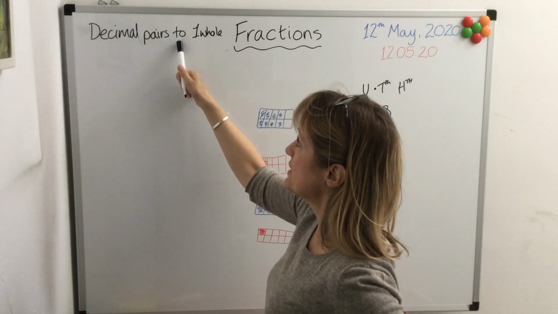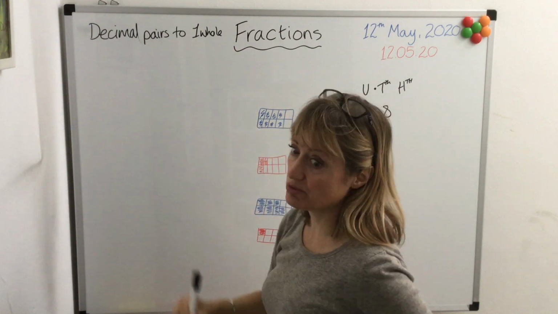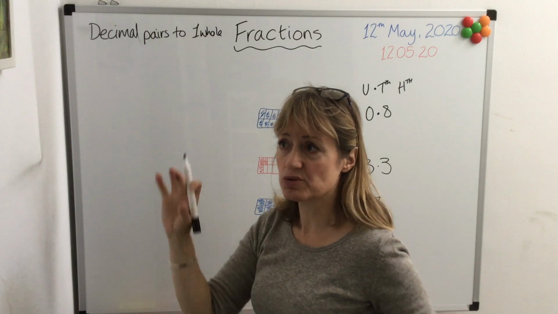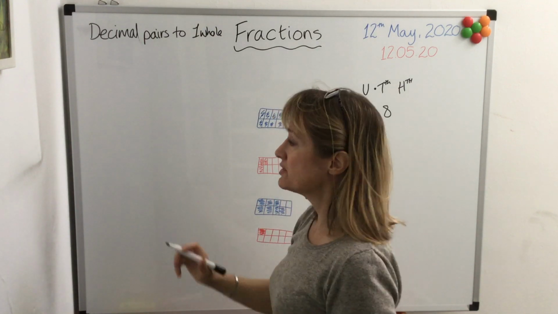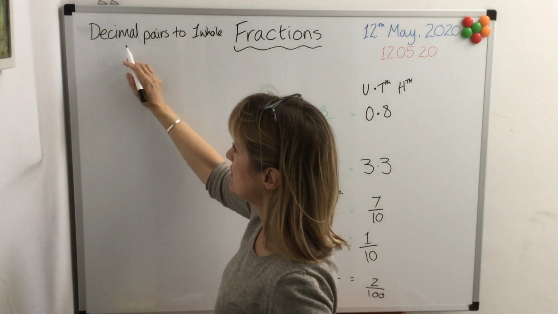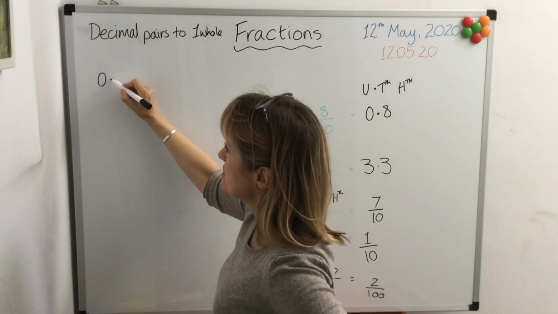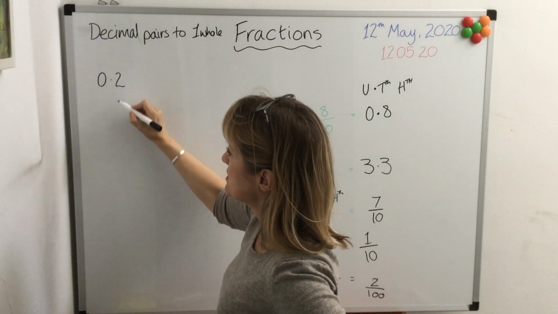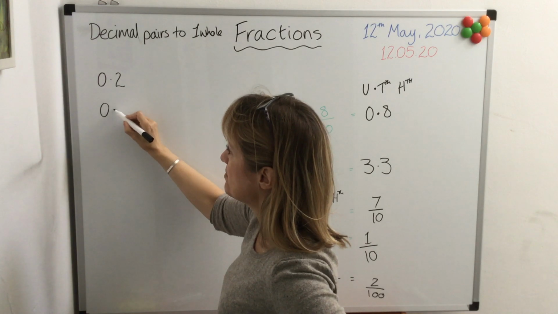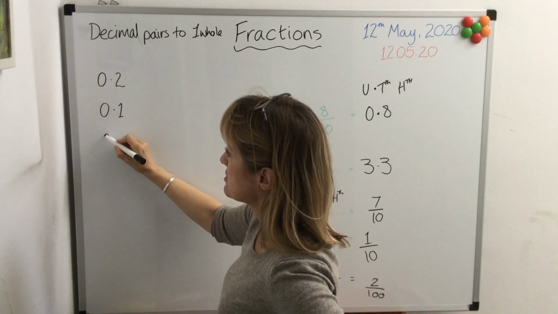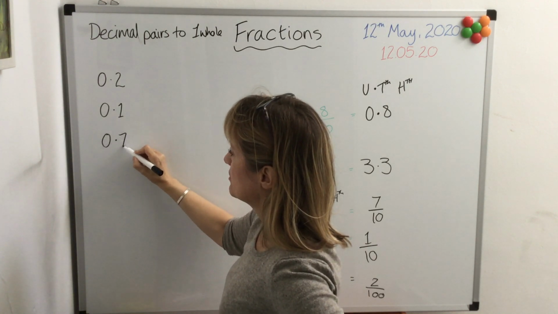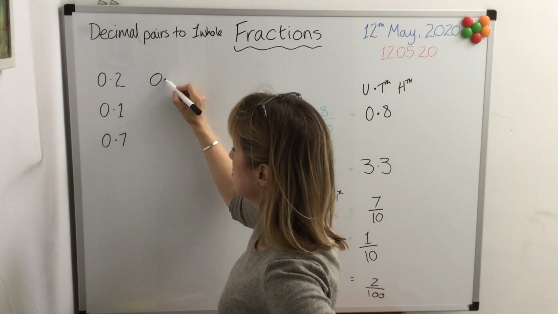Okay, we're going to look at the pairs, and you had a go at this yesterday. Some people were hugely successful and other people just found pairs that were the same. That's not what this is about. So if we think about, I'm going to give you some decimal numbers, and I want you to think, what is the partner, what is the pair for these? Okay, what would you match it to? So we've got